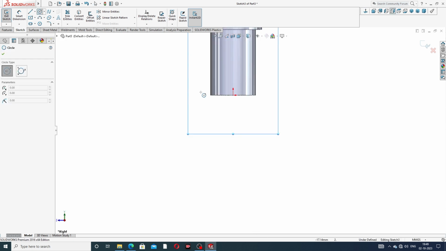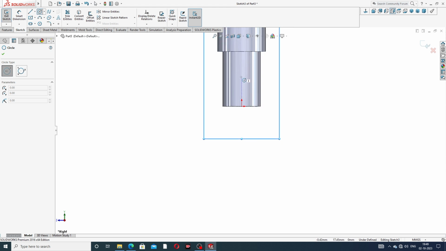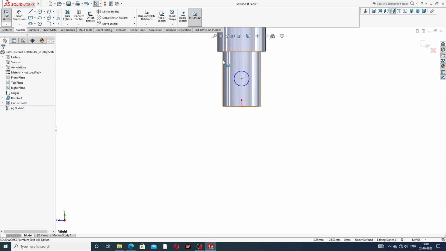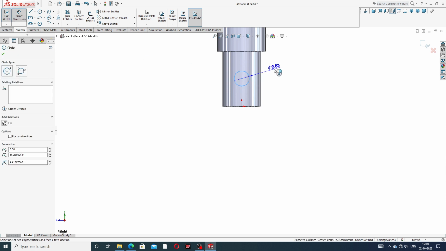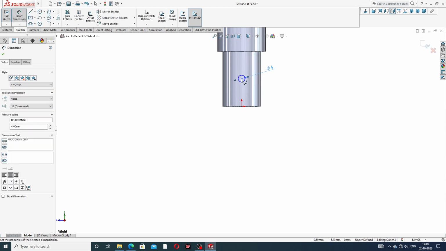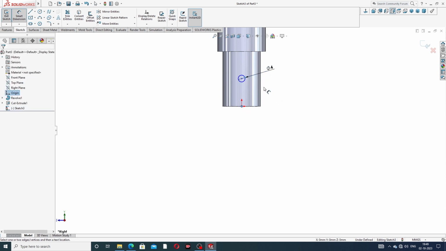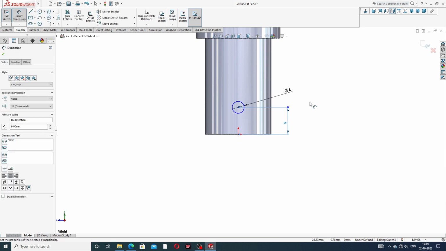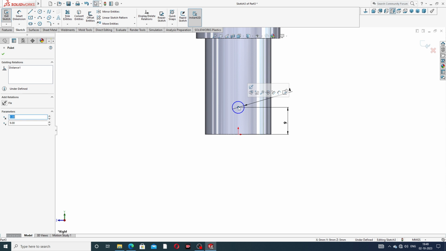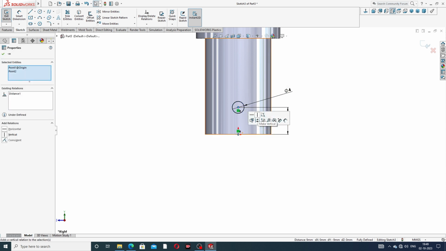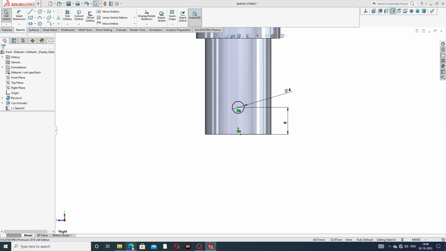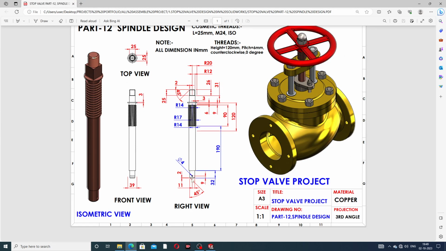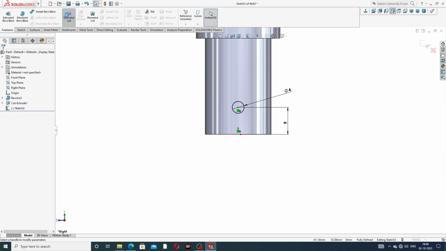and drawing a circle, and circle is correct. Okay, and this diameter is a 4 millimeter, and this distance is a 9 millimeter is perfect. This is a 9 millimeter is perfect, and this point, and press the control button, and this point is a vertical line. Okay, all point is perfect and correct, and okay, this is a cutout, this is a hole is created here, and 9 millimeter is this, and 4 millimeter is diameter, and use a extrude cut.